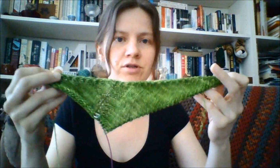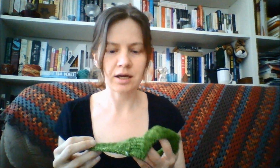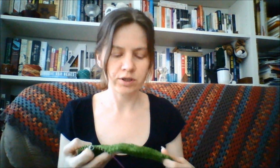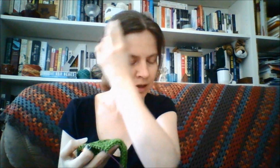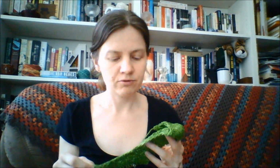So I'm not too sure yet which one of those I'll keep going with, but it's partly to play around with different yarns and see whether or not the needle size works for different types of yarn, and how different colourways affect the pattern. So it's been a bit of play, a few steps forward, a few steps back, playing around with this design. I'm not entirely sure if I will be putting it out there,